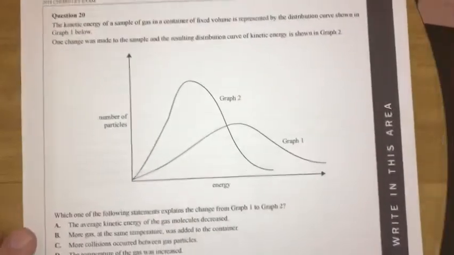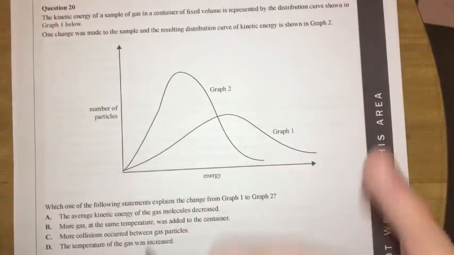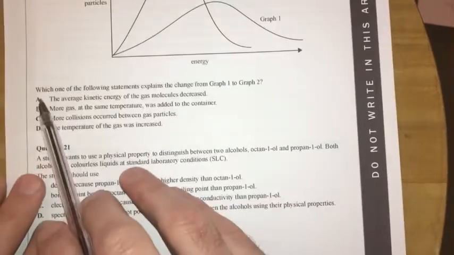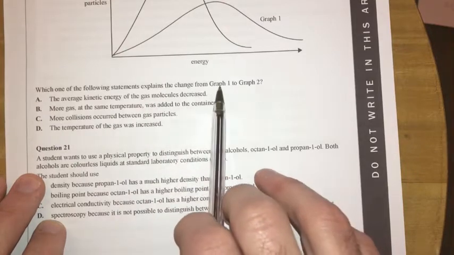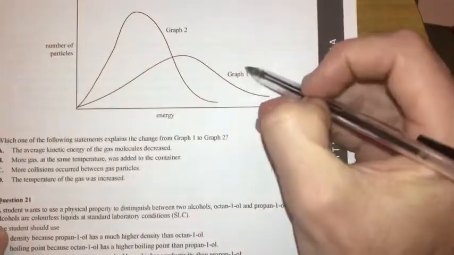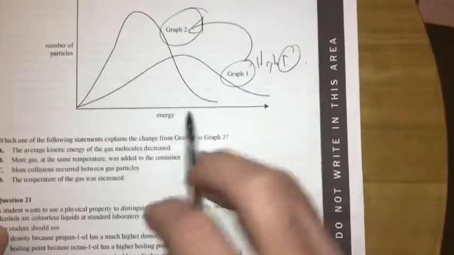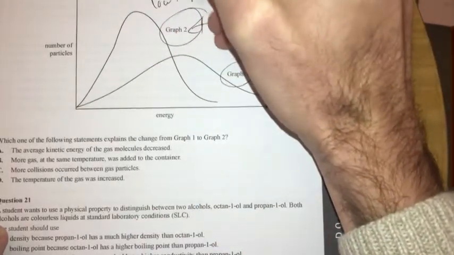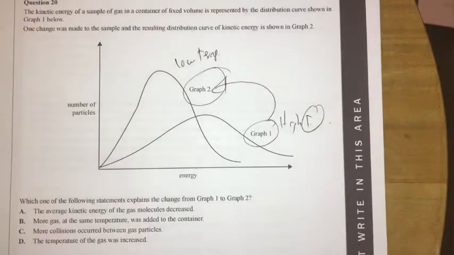Question 20, and we're doing some temperature stuff here because this looks like a Maxwell-Boltzmann distribution. The question is, which of the following statements indicates the change from graph 1 to graph 2? So I'm going from this graph into this graph. Graph 1 is a high temperature. You should recognize it as being a high temperature. It's got more energy. And graph 2 has a low temperature because more particles have less energy. So that should be your understanding of a